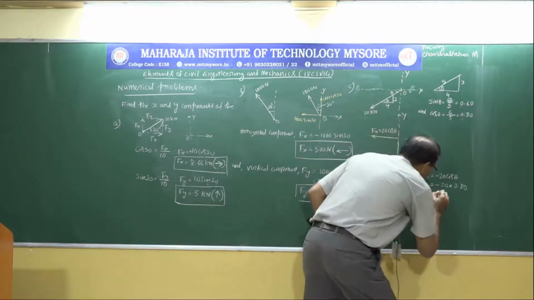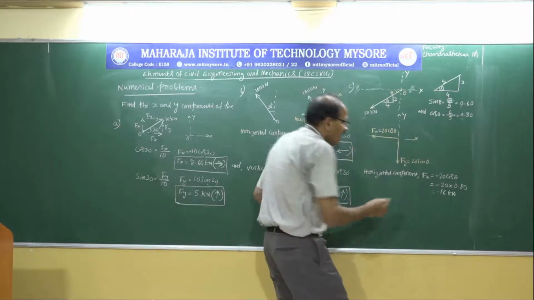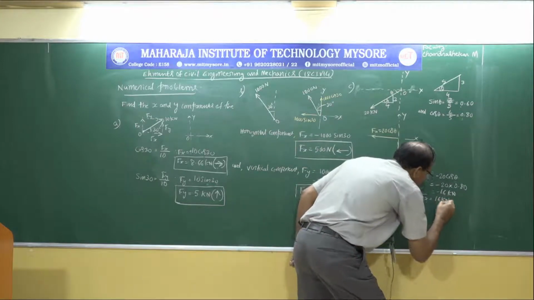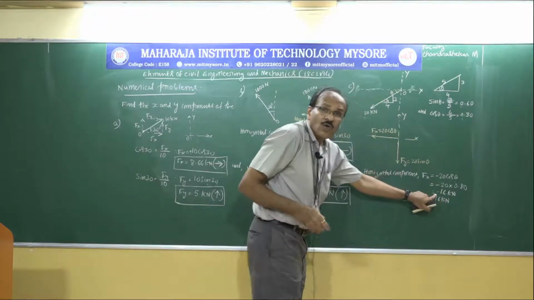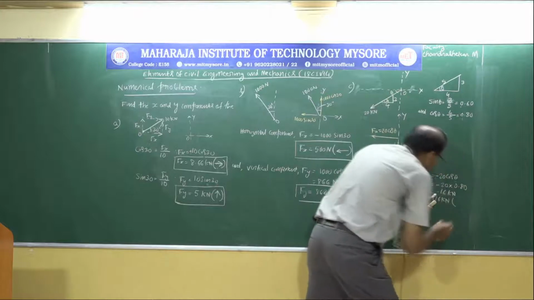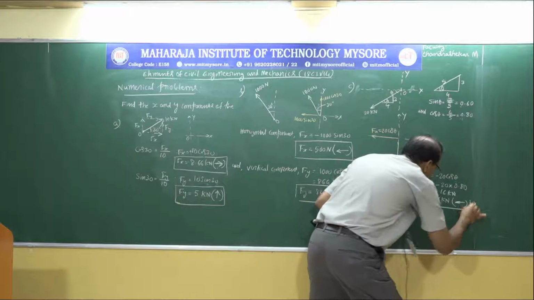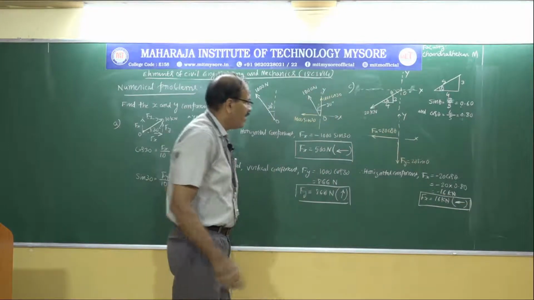That is minus 16 kilonewton, or Fx equals 16 kilonewton. Once I strip this minus, I should replace it with an arrow sign, that is, acting to the left. And